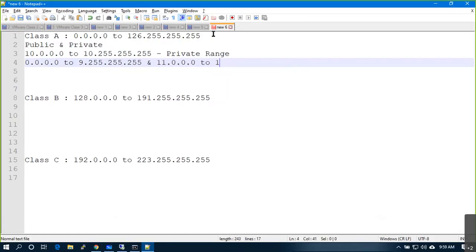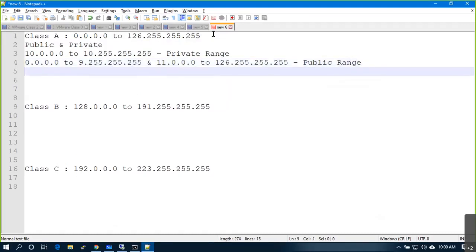2 126 dot public range. Understood? Now can you give me some examples which are running on